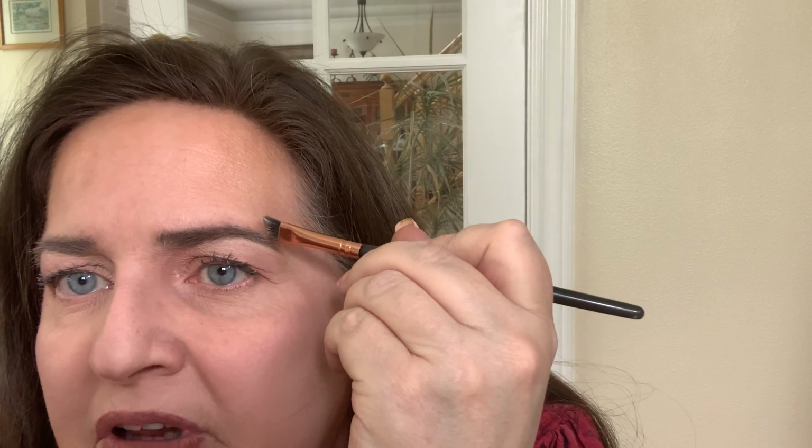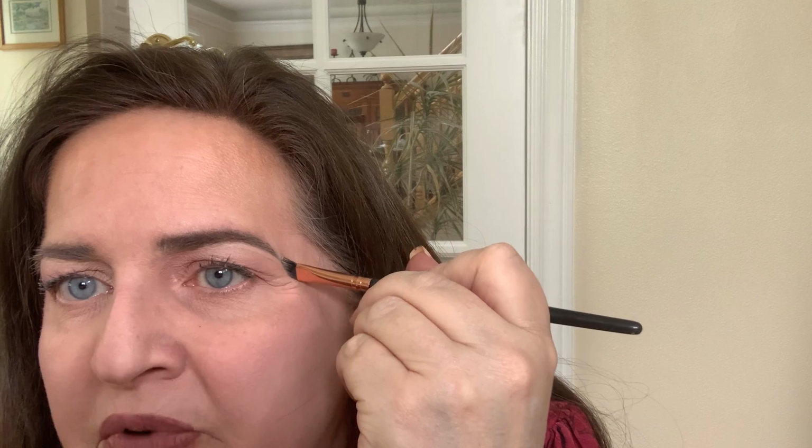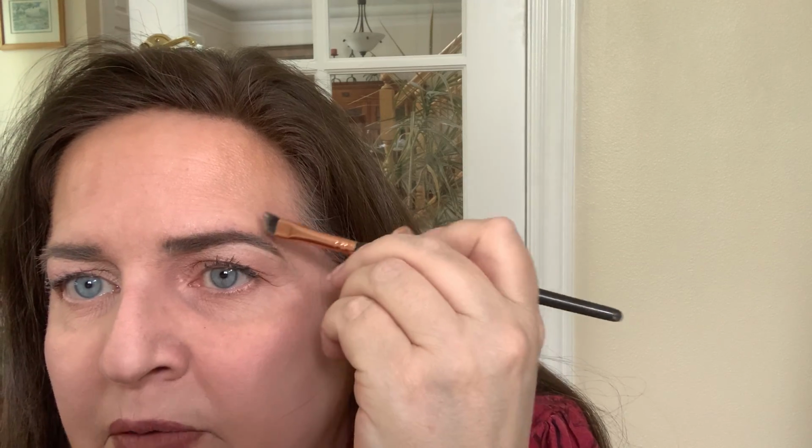And then I also put a little on the other side of my brow to even it, to make it into a nice point at the end of my eyebrow. And then I blend off the rest of the concealer as much as I like. I need a little more concealer to do this corner. So I do that corner point, go on the other side of it, top side of the brow, and make